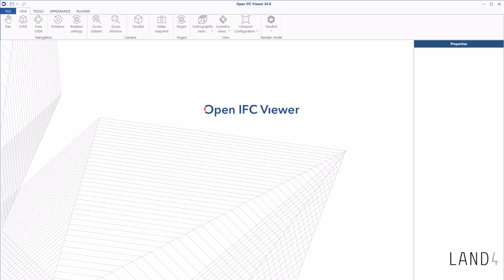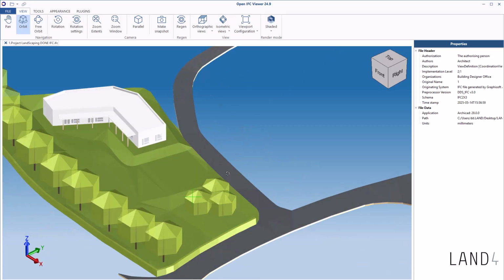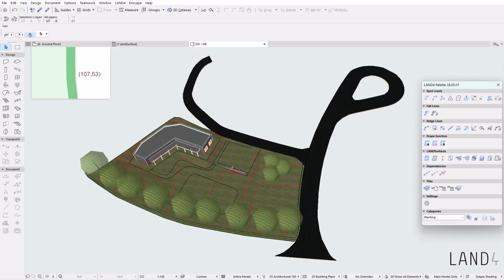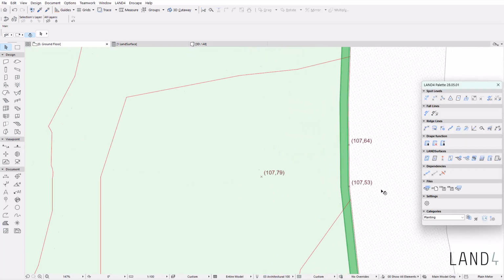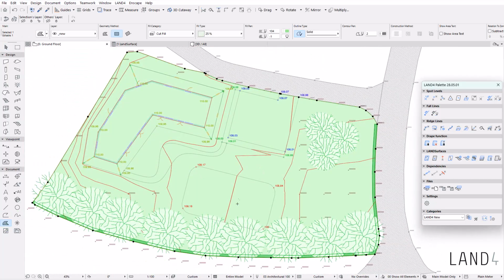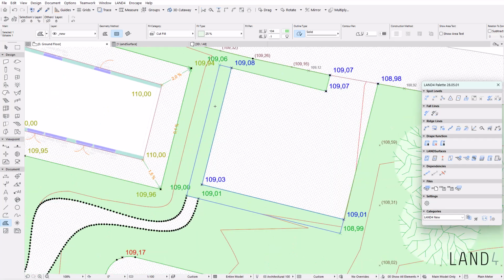Using the IFC viewer, we can simply load the file and visualize it. In the IFC viewer, we can see now that the new terrain is overlapping with the landscaping constructed elements. Depending on your project purpose, you can always create holes in a surface. So using the fill tool, I can just create holes in the new terrain, overlapping the constructed elements. We initially used the whole surface for the new terrain for the volumetrics purpose.